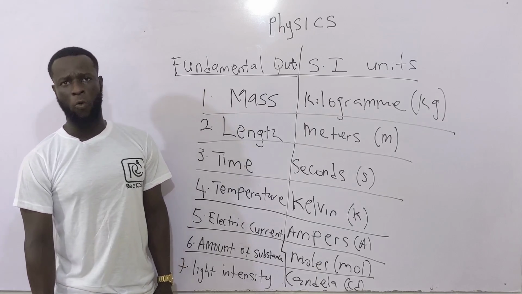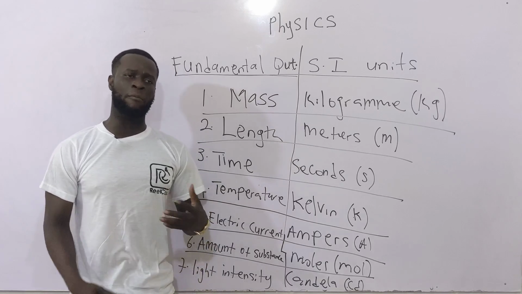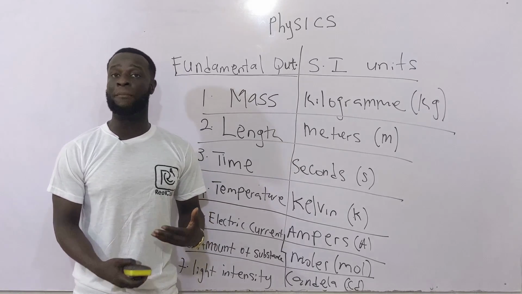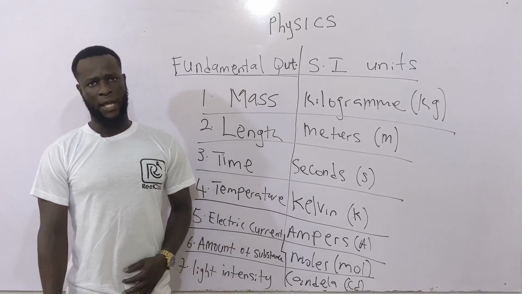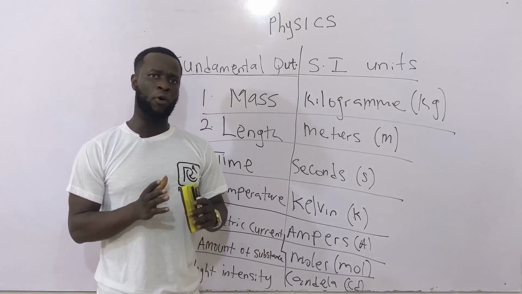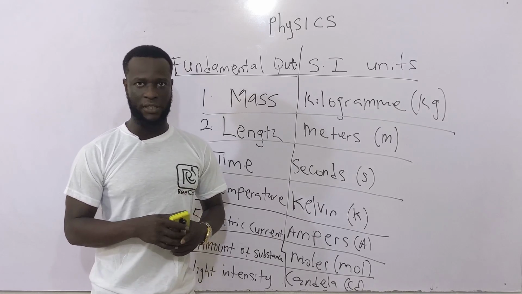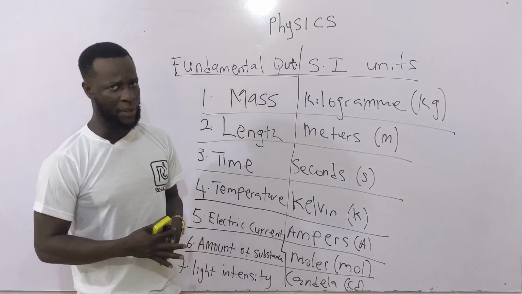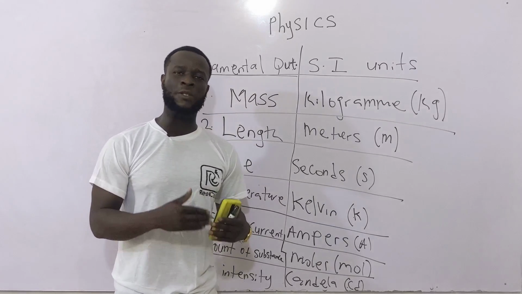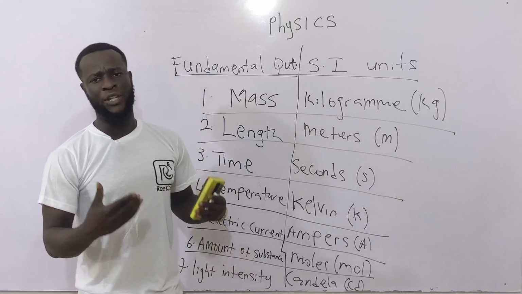Today, we're talking about quantities. In physics, quantities are basically those physical parameters of matter that can be measured. There are several categories we can classify quantities, but today we'll be classifying quantities based on fundamental and derived quantities. And when we talk about fundamental quantities, we are referring to those basic quantities in physics from which other quantities